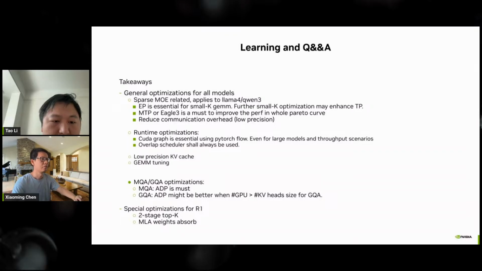Also, there is low precision KV cache. In our case, currently it is FP8 KV cache, which can apply to all transformer models. The GEMM tuning technique we introduced is also general. And the MQA and the